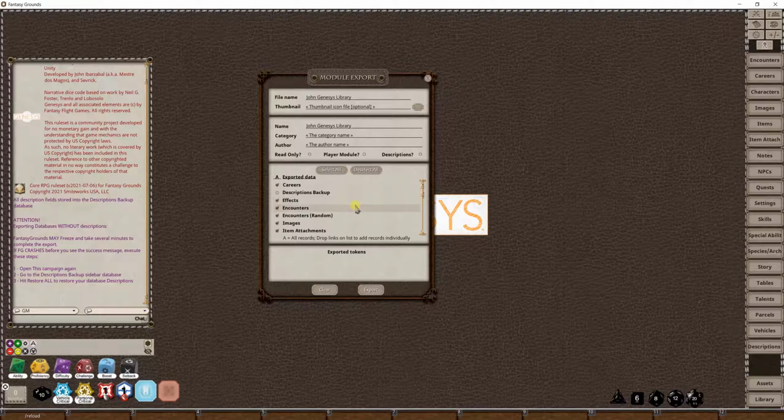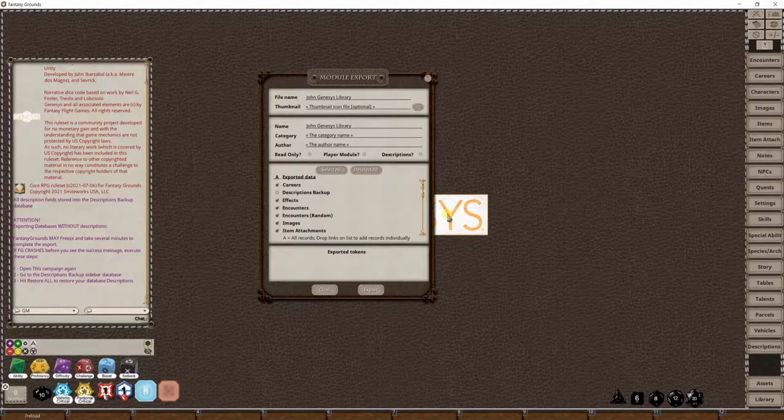This is a way I found, the only way I found to export data without descriptions. So I don't expect everyone to be using this. This is mainly for Cedric because he is usually sharing some records in libraries. Let's say maybe his personal use library, he already has descriptions to play with his players, but if he wants to share a library, or if you want to share a library, make sure you don't check this